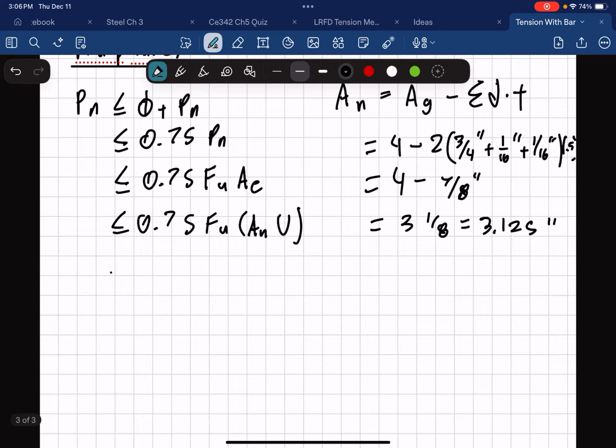And U is equal to 1.0. So Pn comes out being less than or equal to 0.75 times 58 times 3.125. Which, if we look at 0.75 times 58 times 3.125, you have